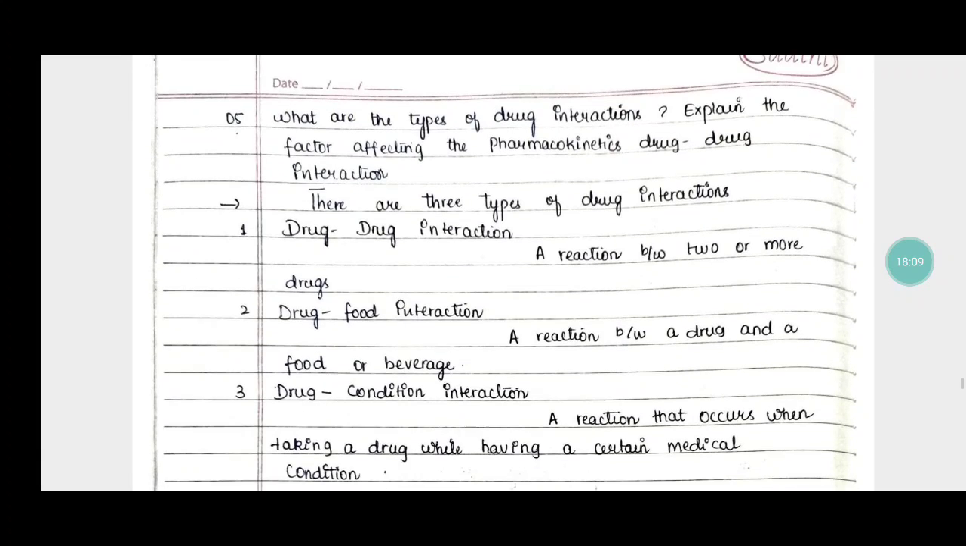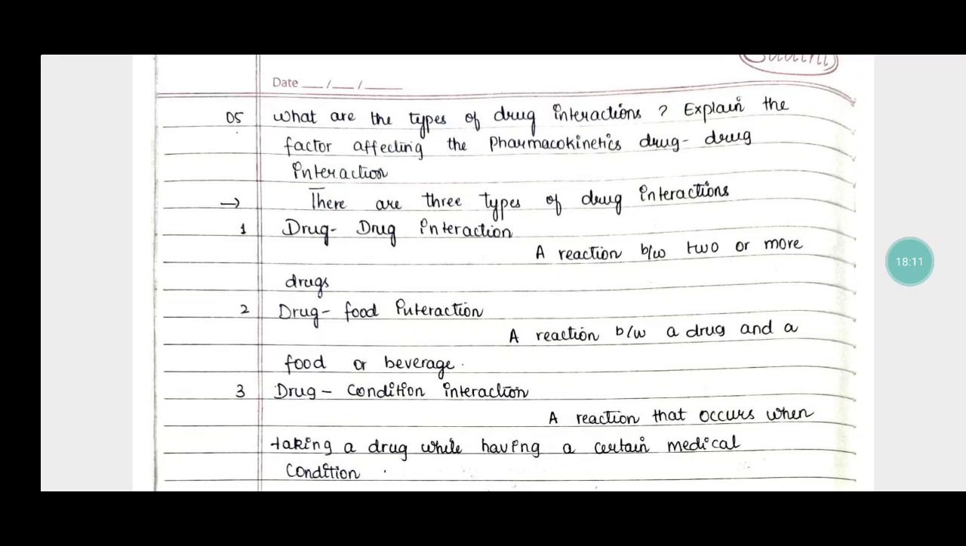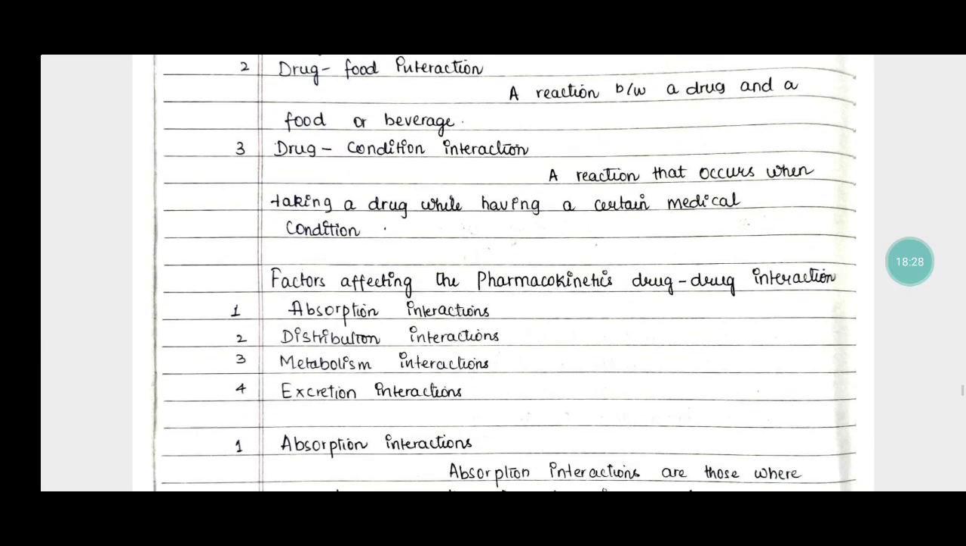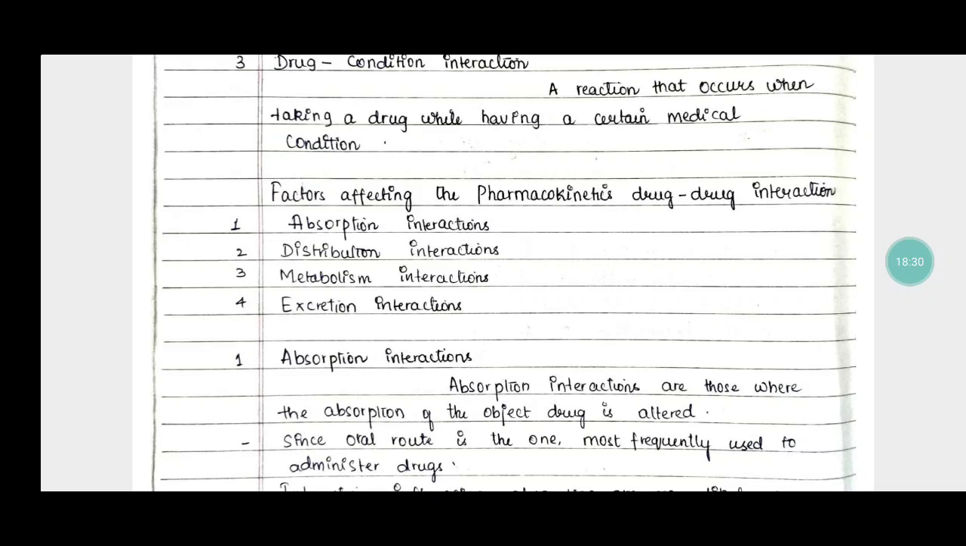And question number 5: what are the types of interactions? Explain the factors affecting the pharmacokinetic drug-drug interaction. So there are 3 types of drug interaction: drug-drug interaction, drug-food interaction and drug-condition interaction. The factors affecting the pharmacokinetic drug-drug interaction are absorption, distribution, metabolism and excretion, where the absorption